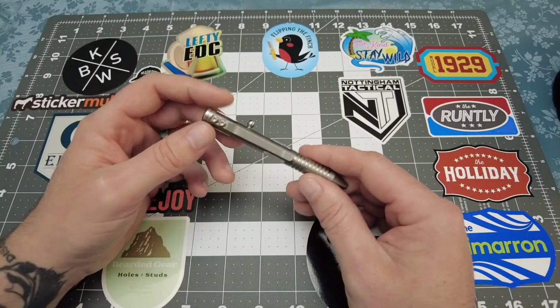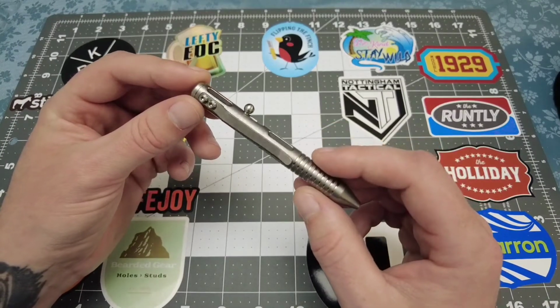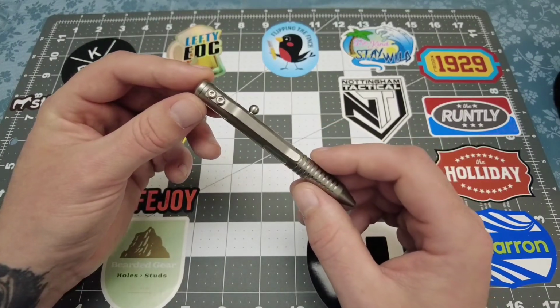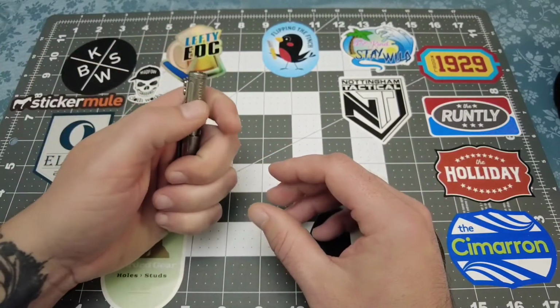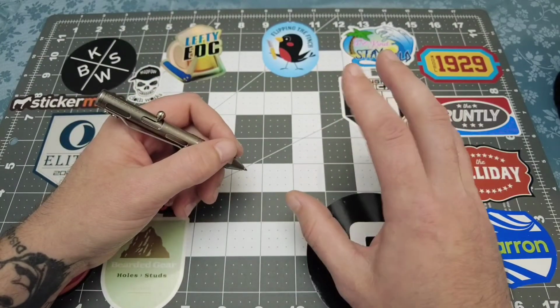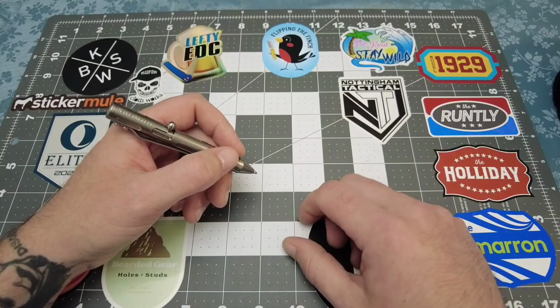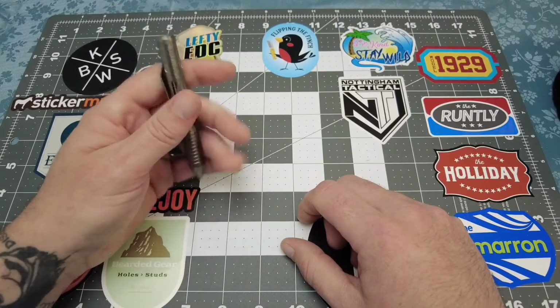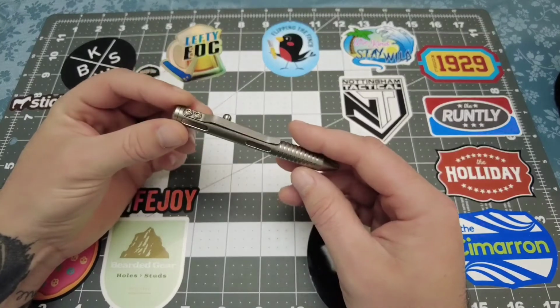And I've seen a lot of videos on the full-size versions, but I just haven't seen very many videos on the minis. I've seen pictures and stuff like that, but I haven't really heard about anybody who actually is using them. I'm not trying to rag on anybody or anything like that. That's not what I'm trying to do. I just see a lot of pocket jewelry kind of photos and stuff like that. And for this model in particular,